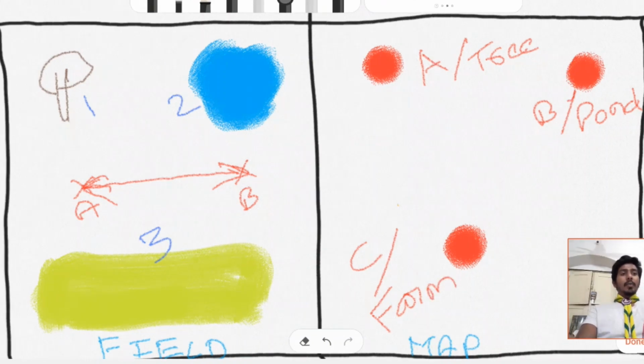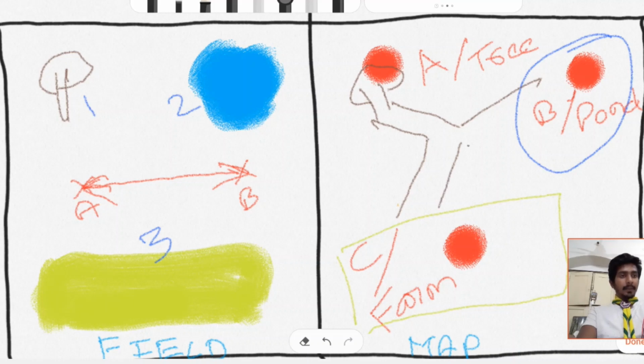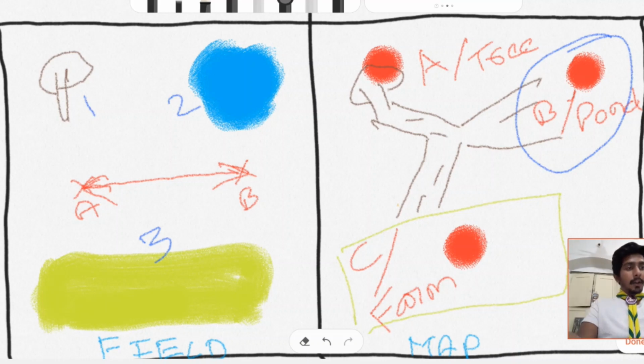To make this look more beautiful, point A indicates a tree, so a small tree can be drawn here on the map, a small pond can be drawn at point B, and a small garden or a farm can be drawn at point C. And if you know the roads, we can even draw the routes between them. So a road goes something like this. I hope you've got some idea on plane mapping.